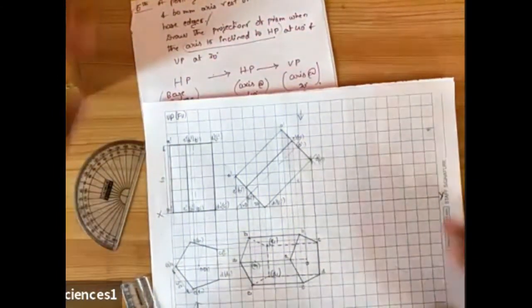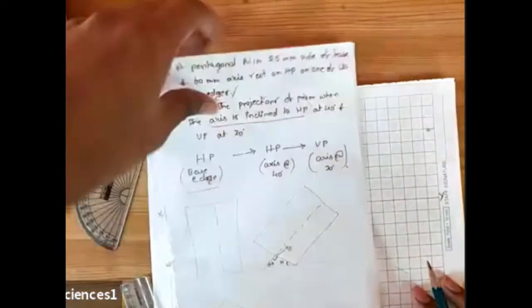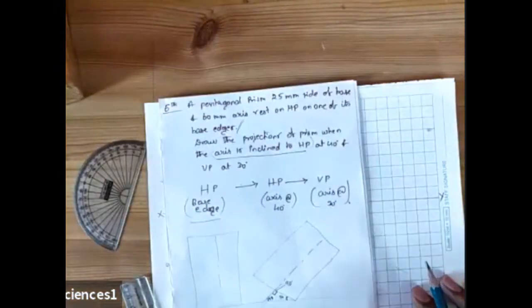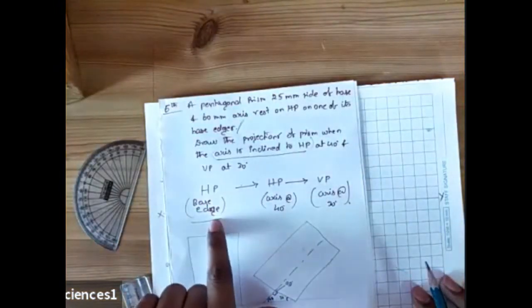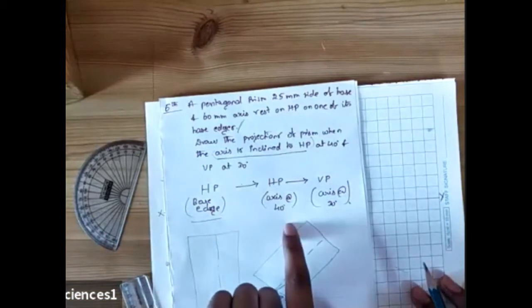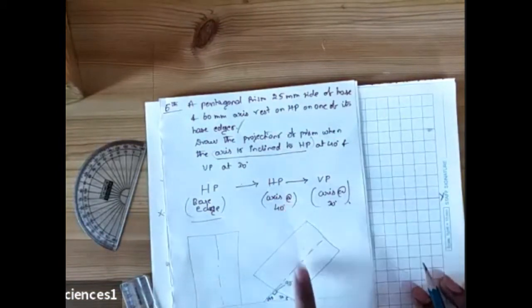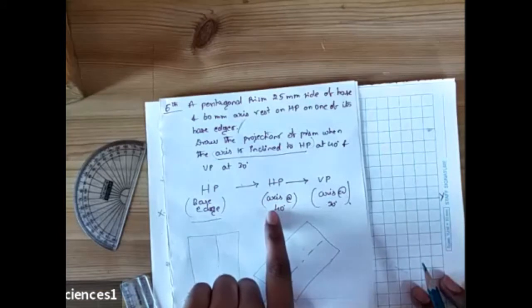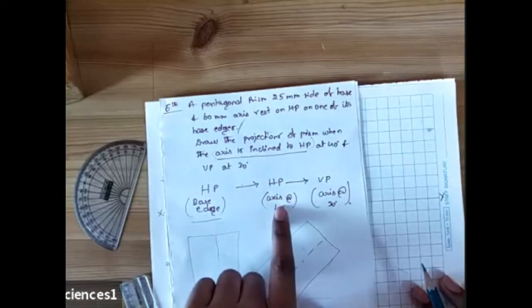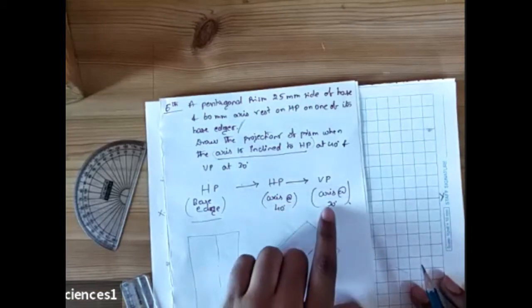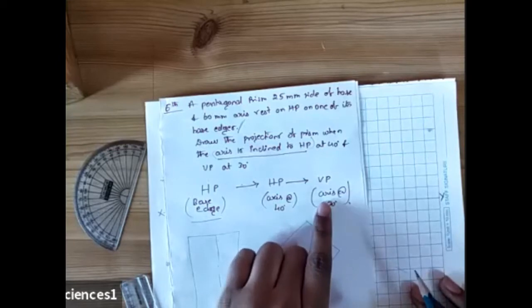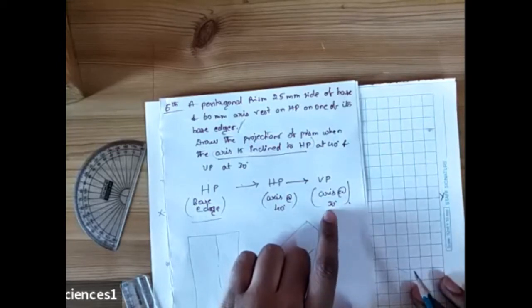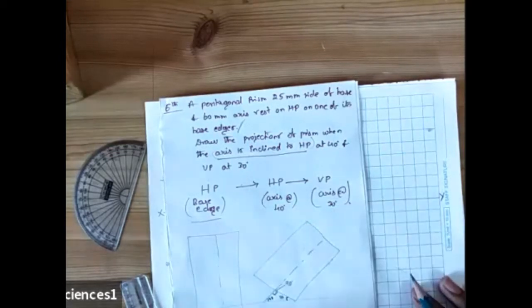Now, the third condition is very important. Okay, I told you this is an apparent inclination problem. So the first condition is over. You kept it with respect to the edge. The second condition, you inclined the prism at an angle of 40 degrees with respect to your axis. The same third condition, what he has told us, again the same axis. The axis is inclined at an angle of 30 degrees. It will be the first condition axis only.